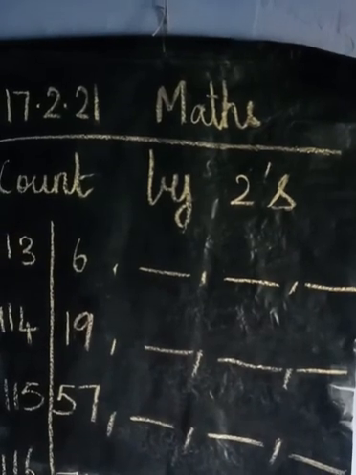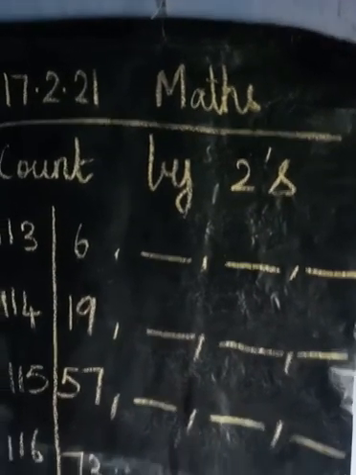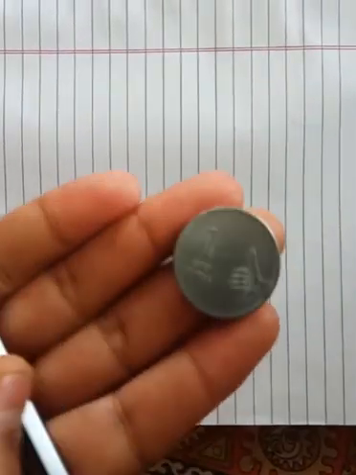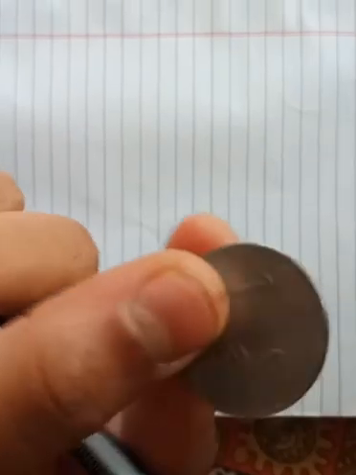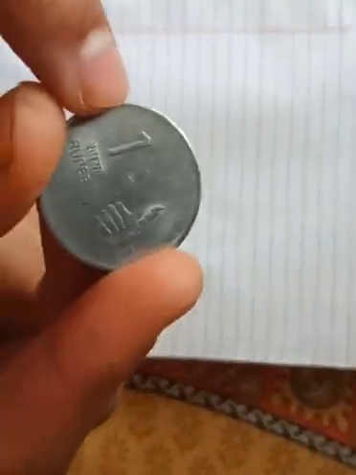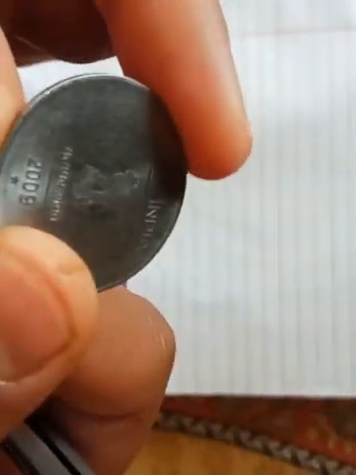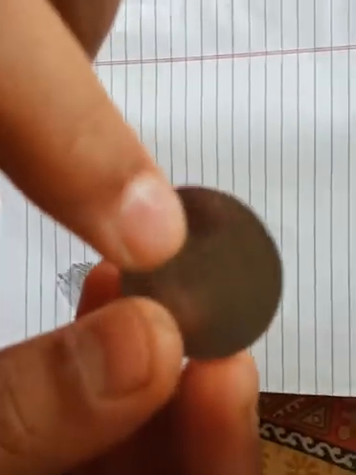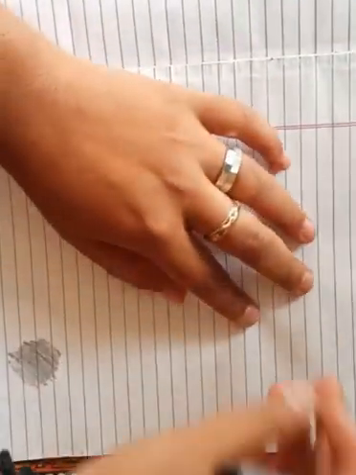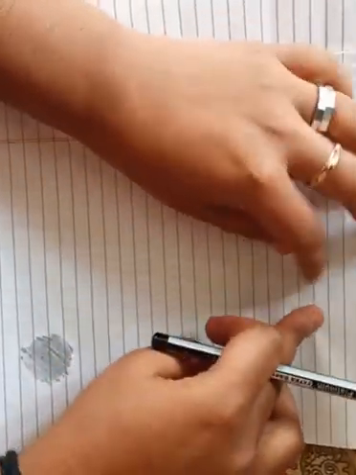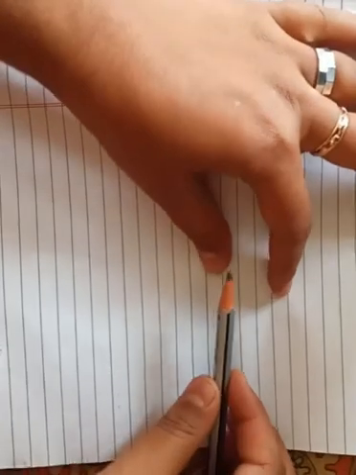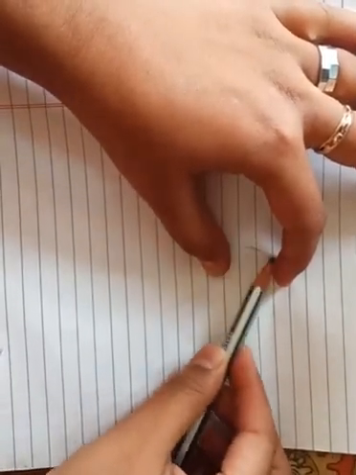Okay. Now all take your note. I will show how to do the tracing of the coin. Take one note. Then you have to take one coin, then one pencil. See, in the coin, you can see here is 1 rupee. That is only the tail. See this side, this is the head. In that book, they have given the tail first itself, so you have to trace the head. Keep the coin down on the book. If you hold it like this, the coin is showing, so you have to hold it like this. Then by keeping the pencil, you can scratch slightly like this.